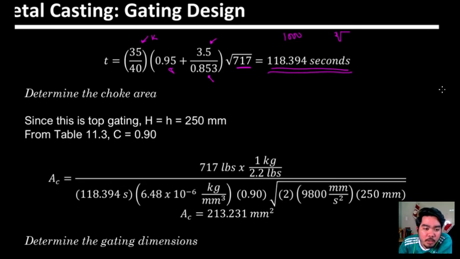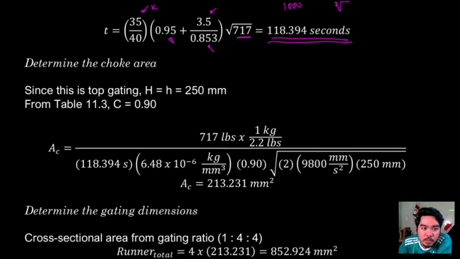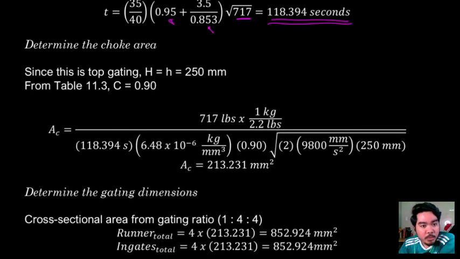So this is a long casting process, no? You need 118 seconds para ma-totally fill yung ano mo. Okay, so from here we determine the choke area. This is top gating. So again, h is equal to small h is equal to just 250. And we are assuming na either walang pouring cup to or yung pouring cup height is already accounted for dito sa 250 na to. So from table 11.3 again, C is equal to 0.9 and we can look at the